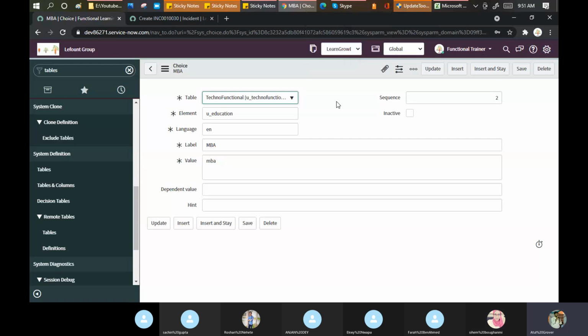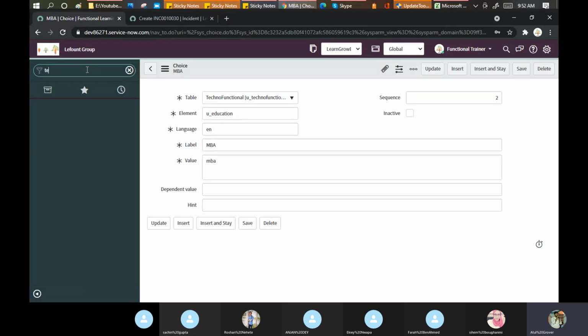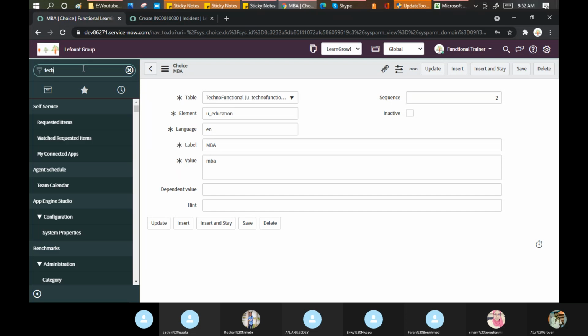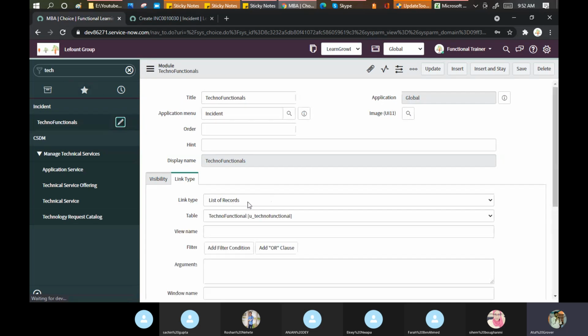It's clear. Okay. Now what I'll do, I'll go to the module. Our module name is techno-functional, right? See, let me click here. And I am editing my module because I want to change the link type. It should not show the list of record.